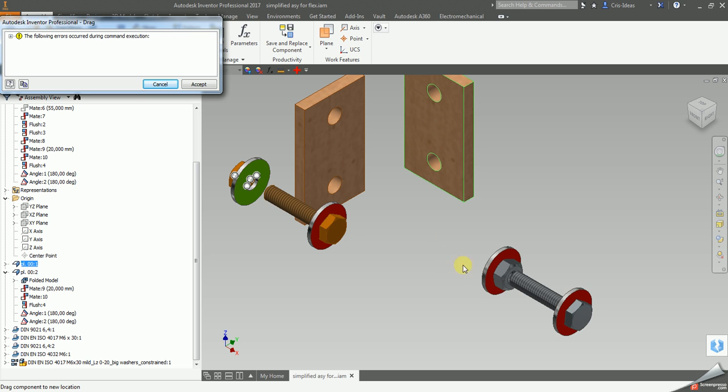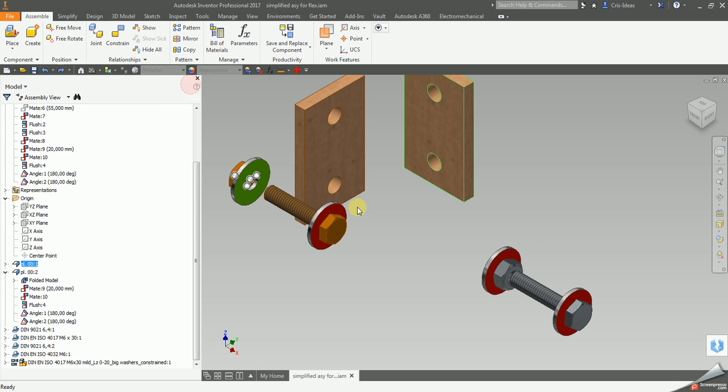Instantly the assembly is resolved, but this time the flexible subassembly is brought into position against its internal constraints, because as you can now see, this washer is flipped and it is not facing green to green side. I can accept or cancel. I will accept, and still now the design doctor brings up an error that is correct because the assembly is